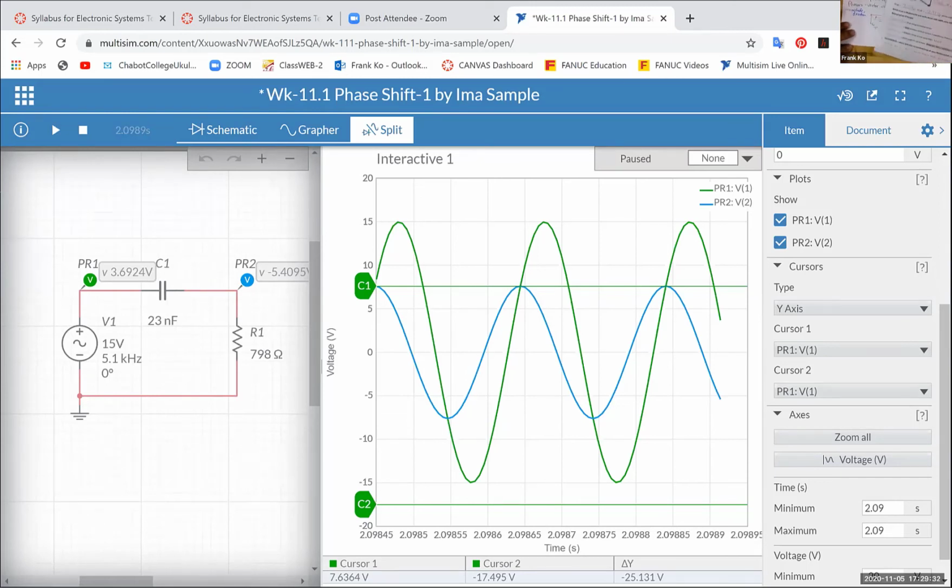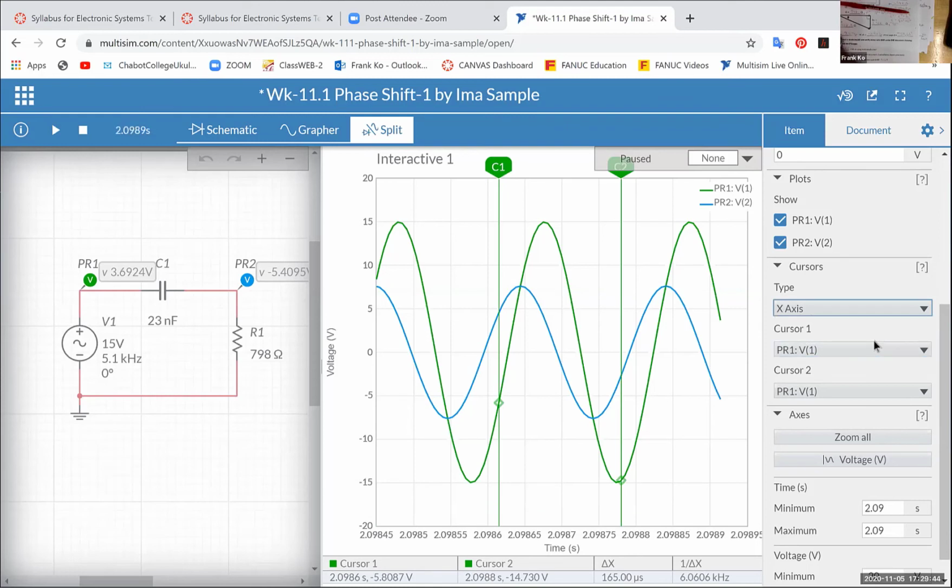Now, the next thing it asks you for is the time between the two waveforms. So to measure the time between the two waveforms, we have to change the cursor type from y-axis to x-axis. And here we will use both cursors. I can move cursor number 1, and I want to move cursor number 1 as far as I can so that, if you will,